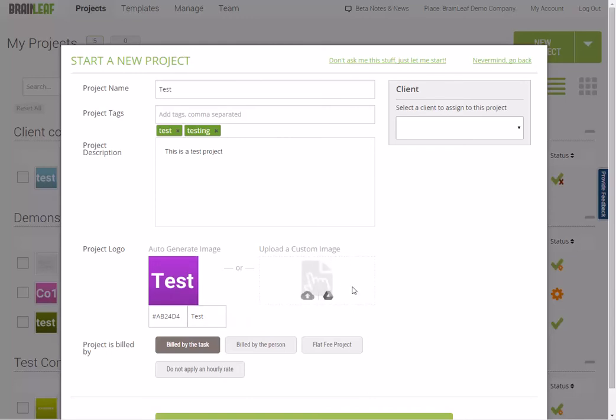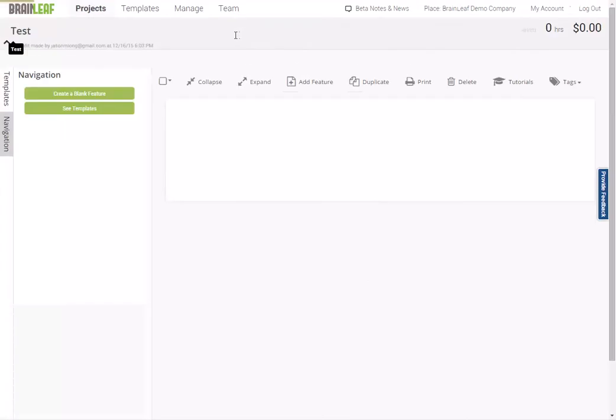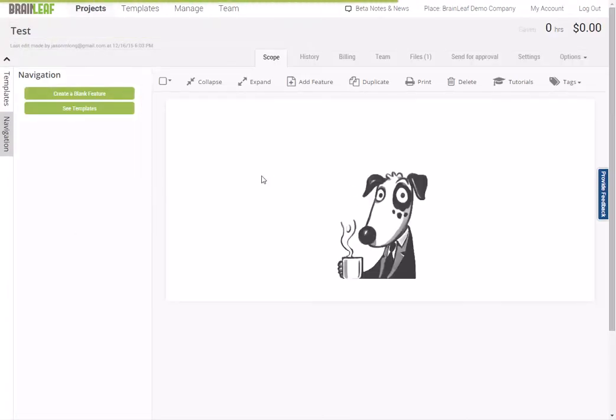I can also upload an image here. In this area, I'm going to select the client that this is associated with, and then here I select how I'm working. So in this case, I'm going to bill by the task, and then let's click to get started. So here we go. Now that the blank project is loaded, I can add a new feature